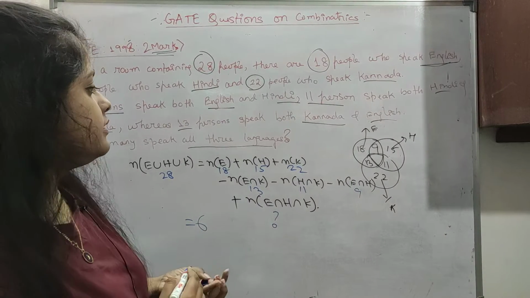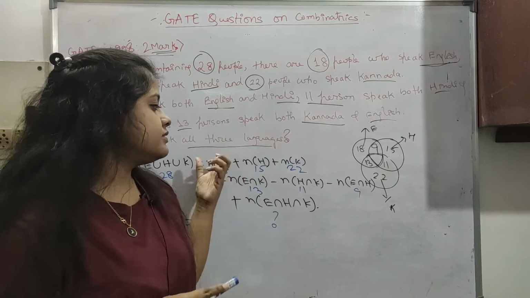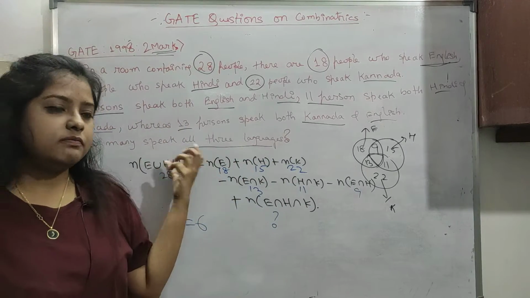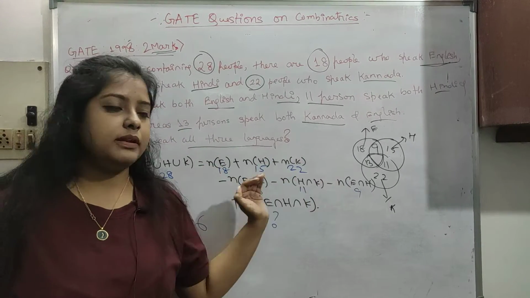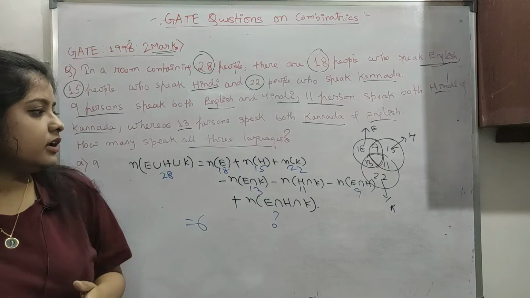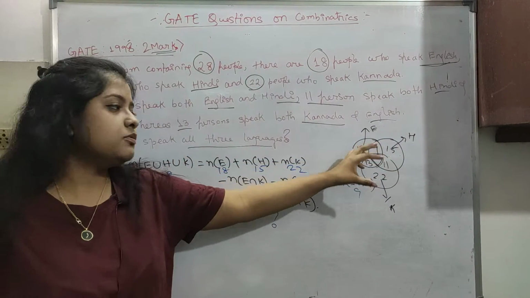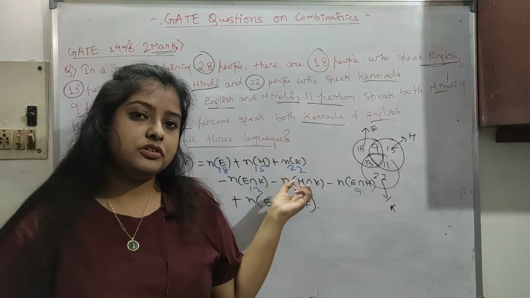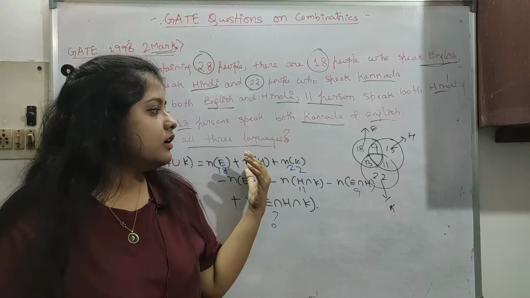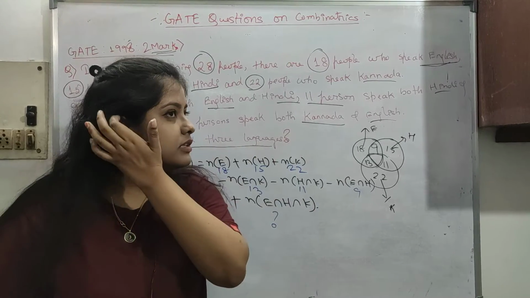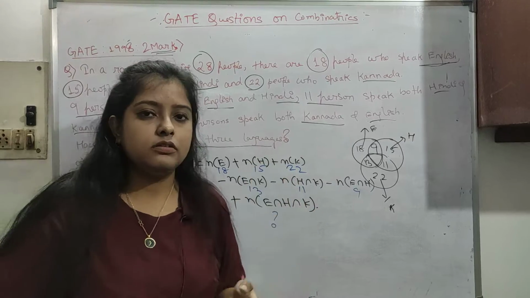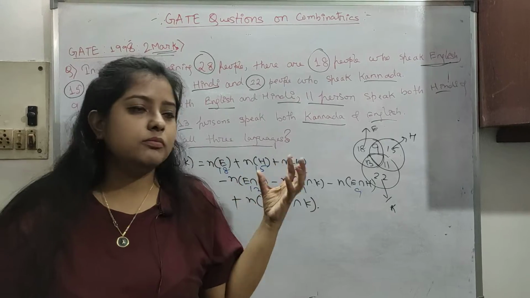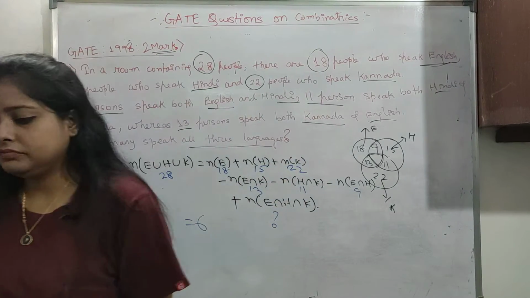I hope this is easily understandable to you. First is single plus, then minus, then plus. Here we have 3 sets; if we had more, it would continue plus, minus, plus, alternating like this. From the Venn diagram this is much more visibly clear. Practice this kind of questions more. I think such questions are already there in other chapters, and in 2019 one question was there in the aptitude section. If you practice more, it will be easier.